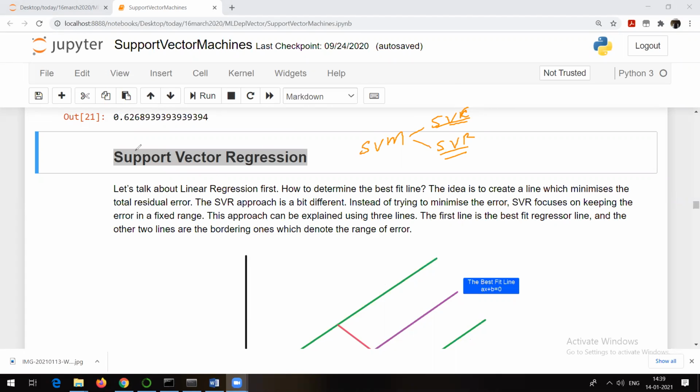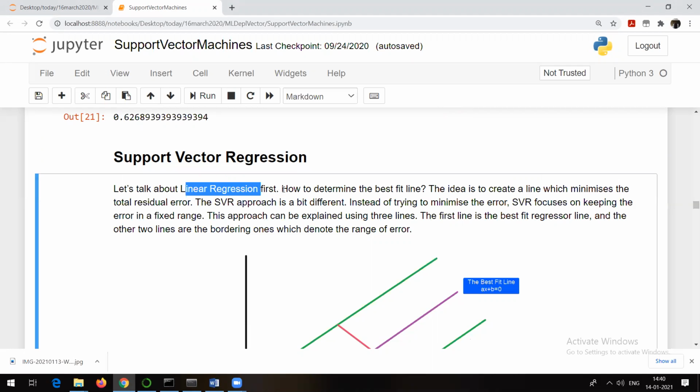So as we want to build a model with the help of support vector regression, that means we are going to do prediction here. So admission_prediction.csv, everyone knows what that data is: GRE score, TOEFL score, statement of purpose and all, right? So let's talk about linear regression first, which we have already seen, which we already implemented and discussed.